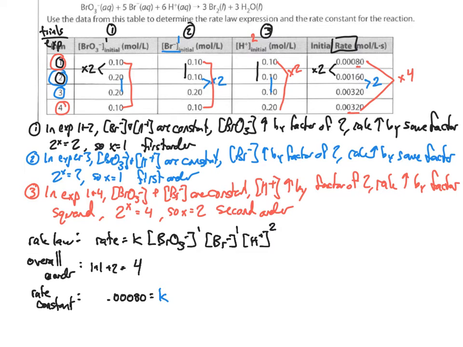And then I need to plug in my concentration. So in trial 1, all of those are 0.10. So the bromate is 0.10 to the first, the bromide is 0.10 to the first, and the H plus is 0.10 squared. So do not mess that up. So that means that my K is equal to